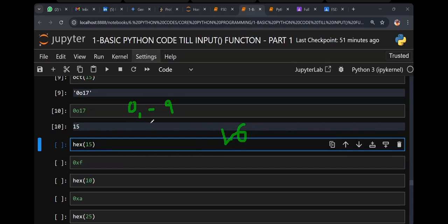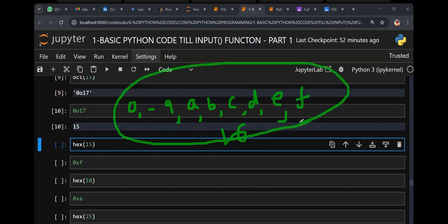So here 0 to 9, and next A is considered as 10, B is considered as 11, C is considered as 12, D is considered as 13, E is considered as 14, and F is considered as 15. Means the index begins with 0, so it goes up to 16. Are you clear? So here, let's try it.